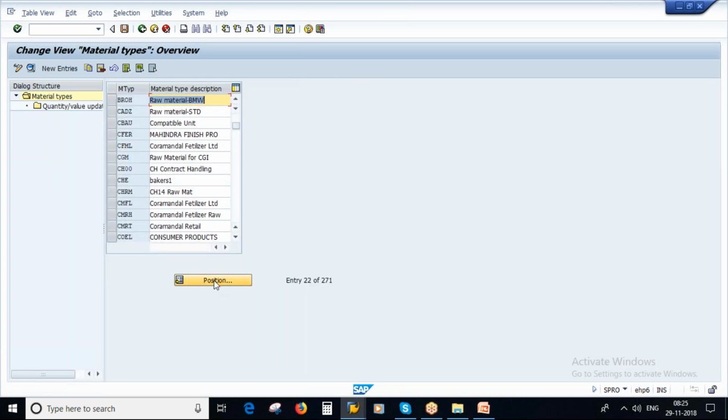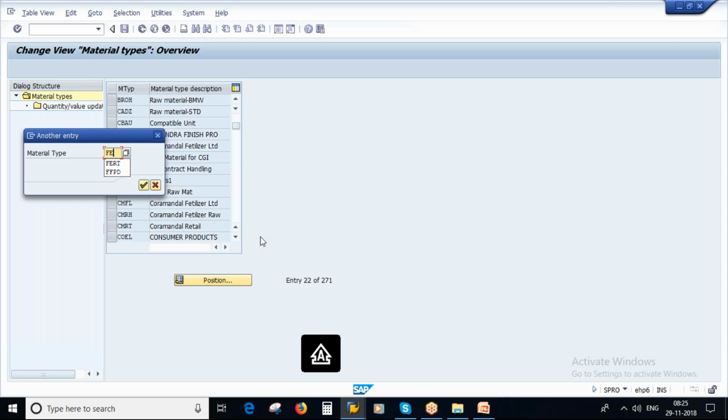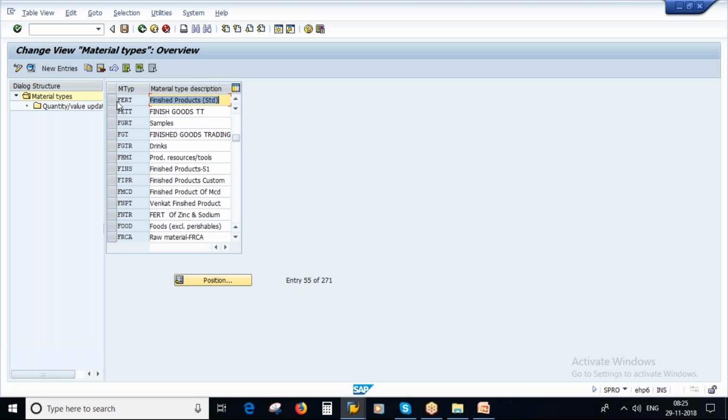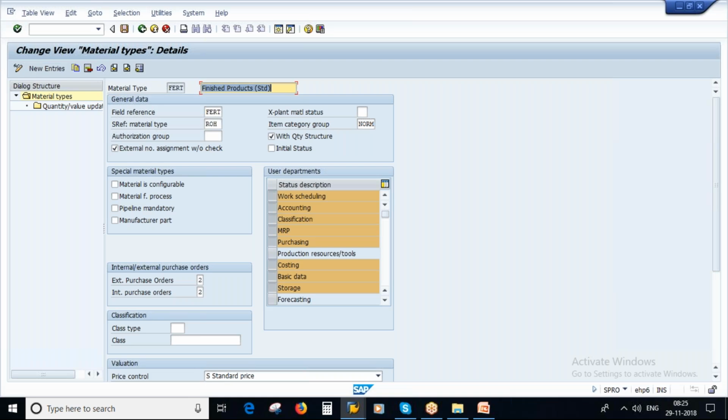So let's take, I'll go to FERT material type. This is a FERT material type, finished products. Select the material type, go to details. If you go to details, you will see all the functions over here. So we will discuss the most important ones. Here the first one is the material type,